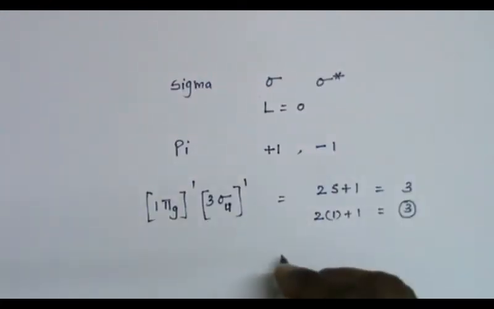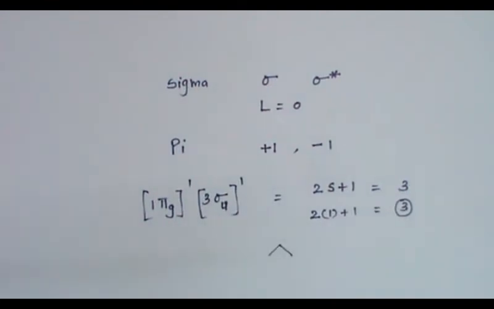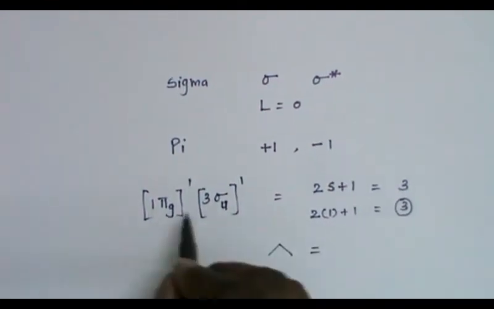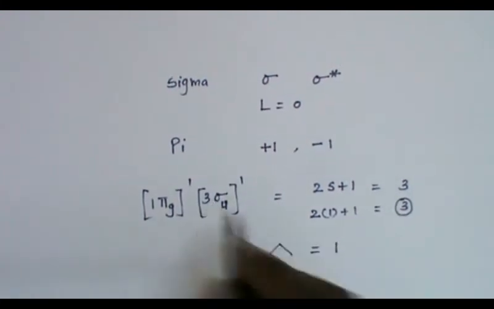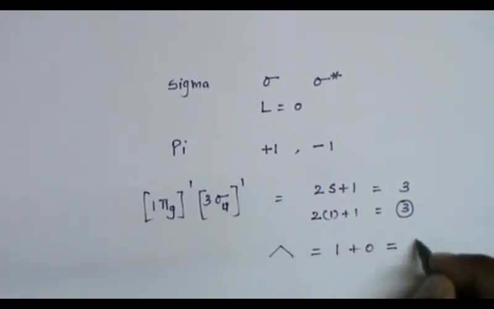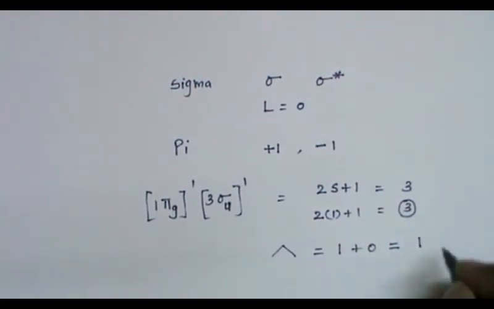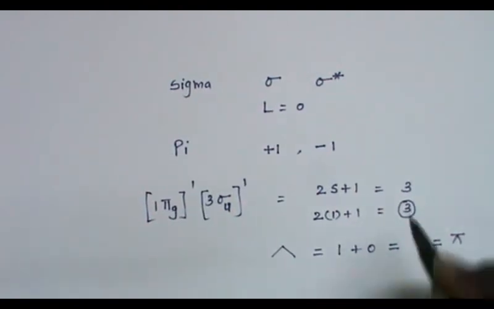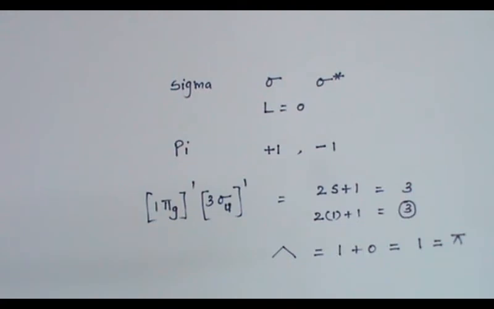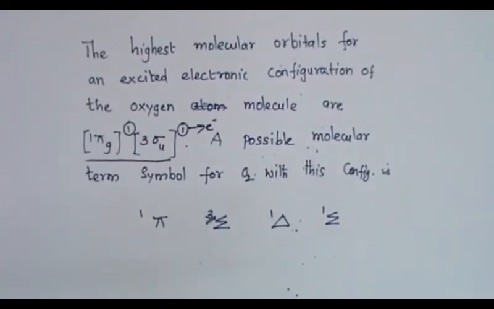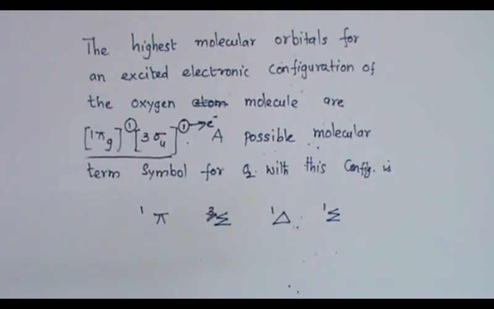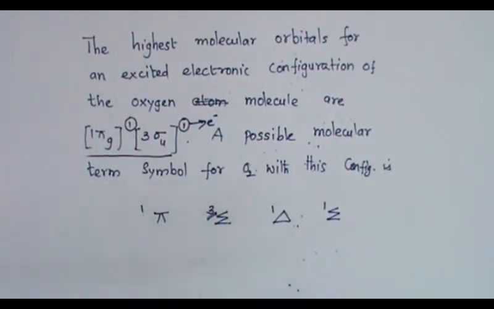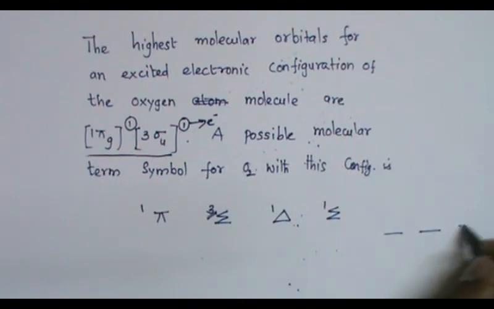What would be the L value, or lambda value? For this it is 1 and for this it is 0. The lambda value will be 1. When it is 1, the term is pi. But triplet pi has not been given. In the given options, there is no triplet pi. Instead of that, we have singlet pi. Is there any possibility to get singlet pi? Yes, we have. That is, the pi star orbital